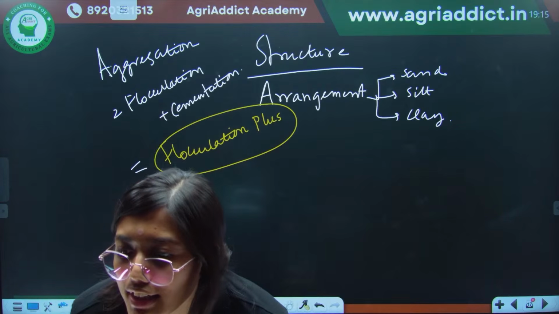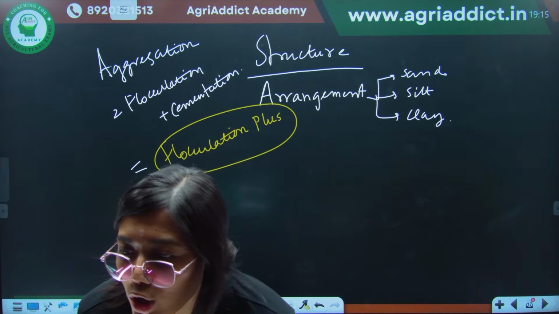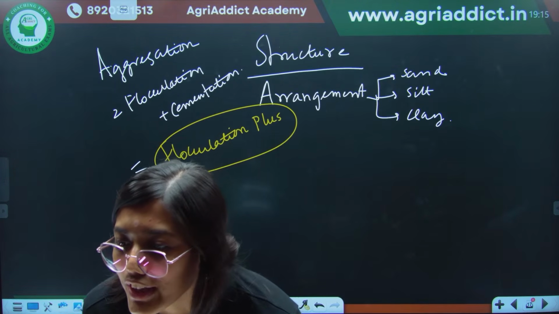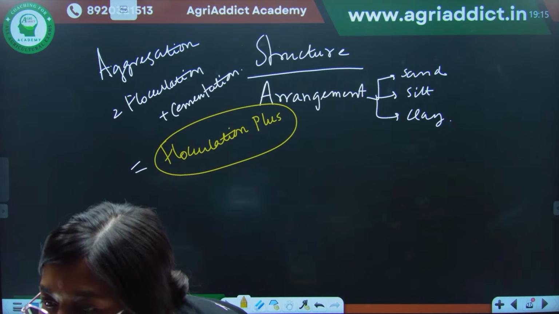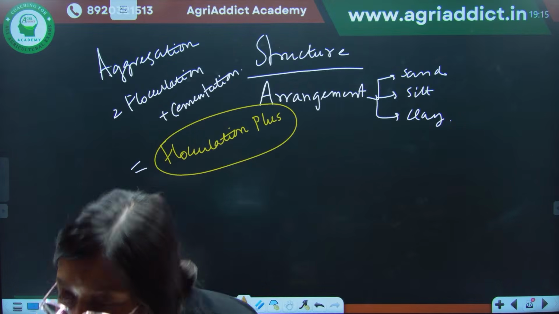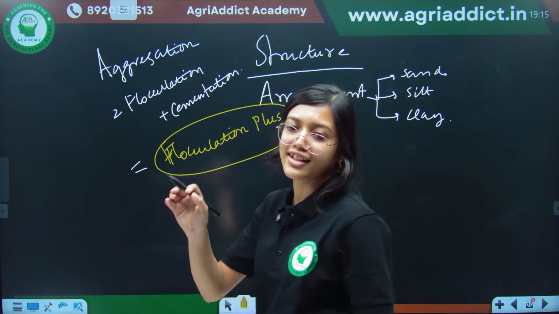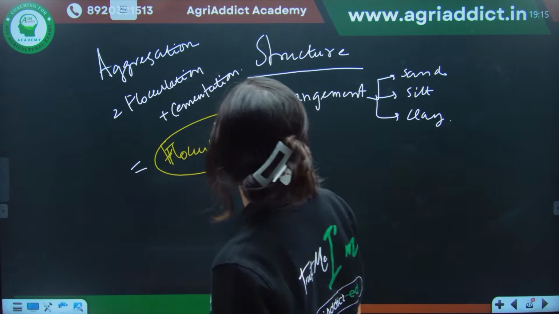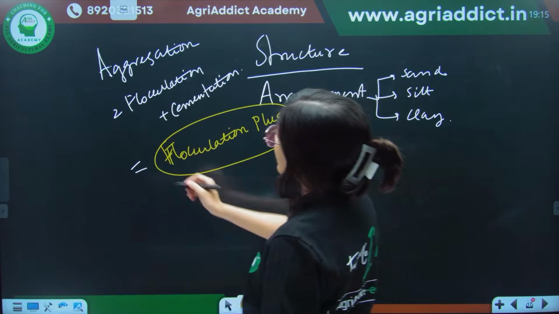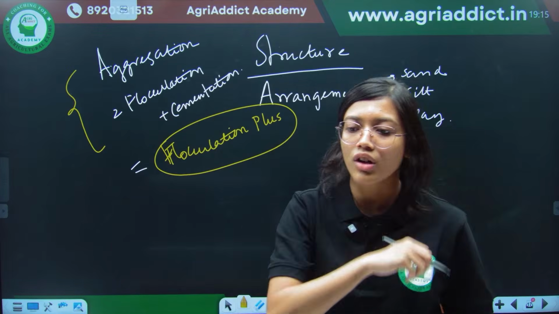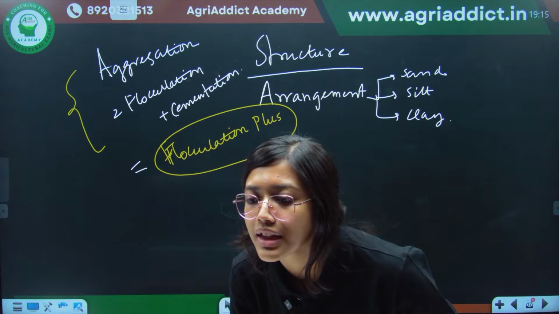Sand, loamy sand, sandy loam, silt loam, silt, sandy clay, okay, very good, very good. Vipin, sorry, very good. So he has written all the different textural classes in the chat box, very good. Now we were explaining about the aggregation, flocculation and cementation. So what is called flocculation? Please repeat, which one?